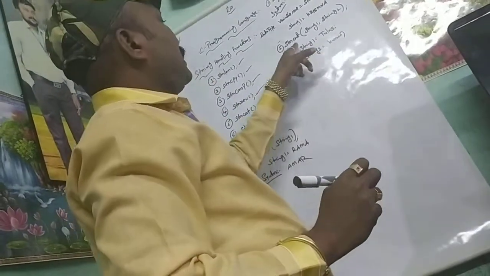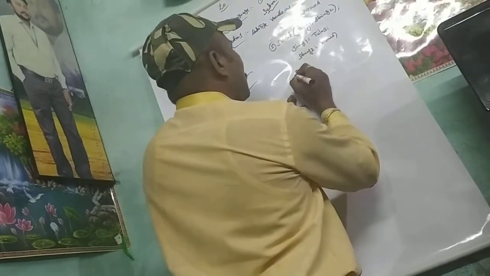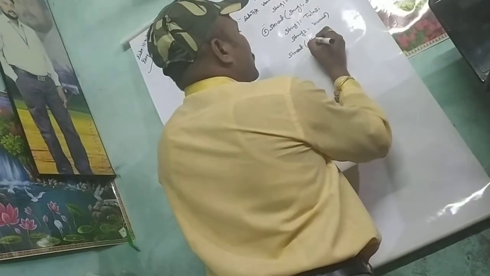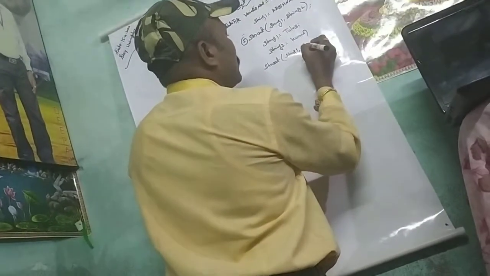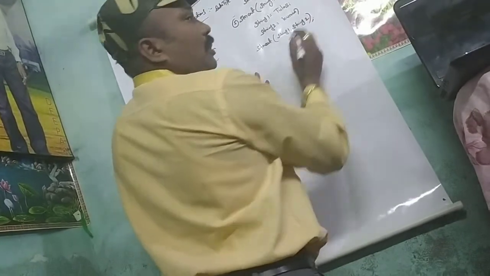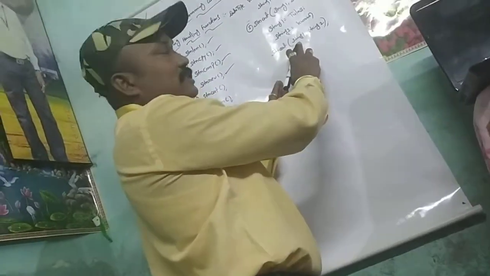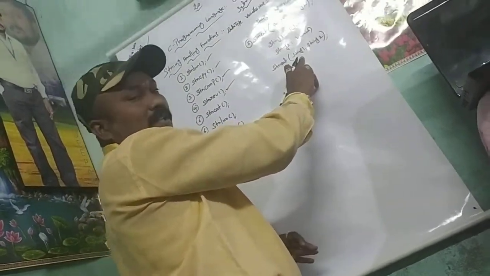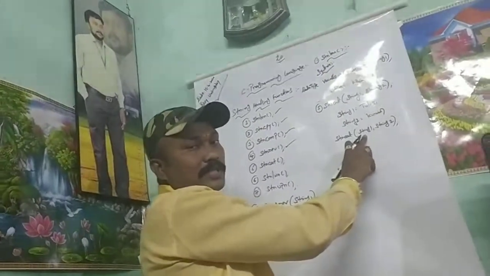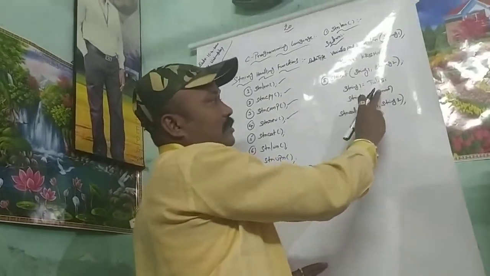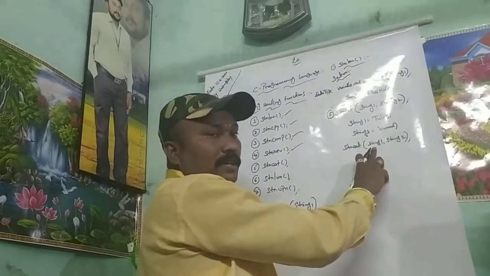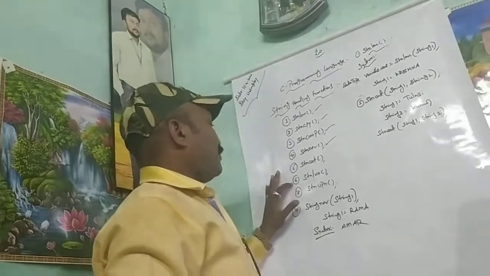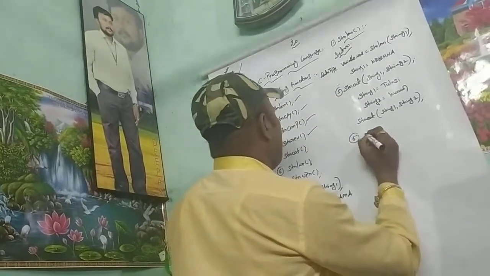Now we are applying the string concatenation. String concatenation means combine these two strings. So string 1 comma string 2. Now what happened? Just combine the two strings. That is Tulasi Kumar. Now when we display string 1, it displays Tulasi Kumar. We combined the two strings. That is string concatenation.